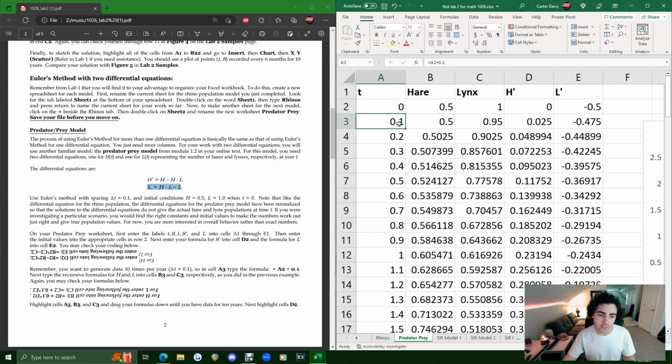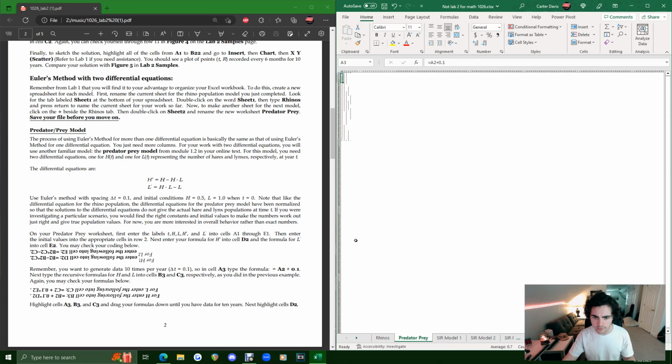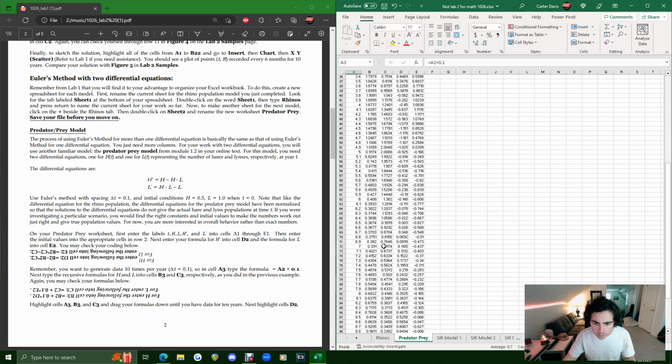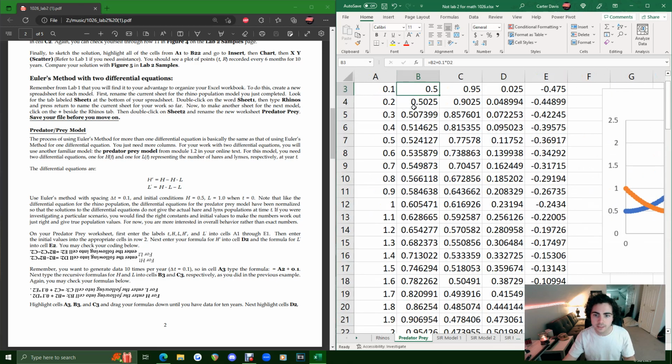For these t-values, they want you to go up by 0.1 because your delta t, or your step size, is 0.1. So we can do our little function again. So equals A2 plus 0.1, and then once you have that, you just drag it down all the way to t equals 10. And then let's talk